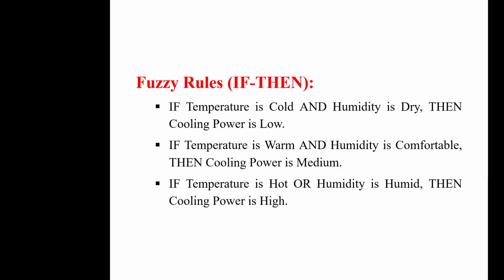The first one is the fuzzy value from the fuzzifier. Then the rules that are going to be supplied by the rule-based block. And here, I have been able to develop